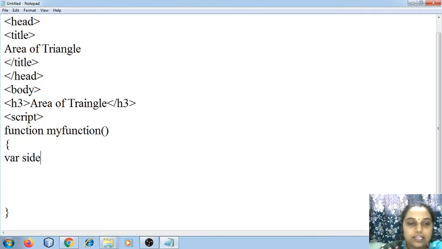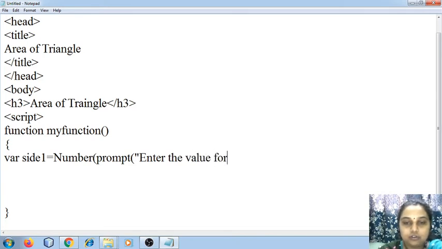So now to accept three sides as the input, I'm going to create the variable side1, Number, prompt. What is the text I want? Enter the value for side 1.